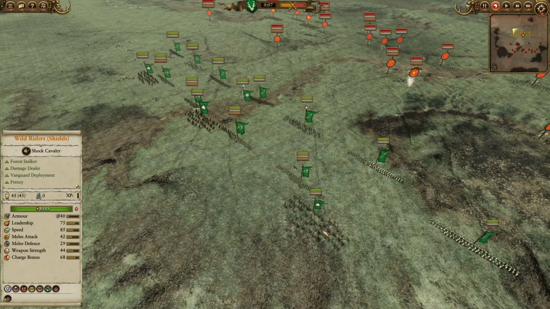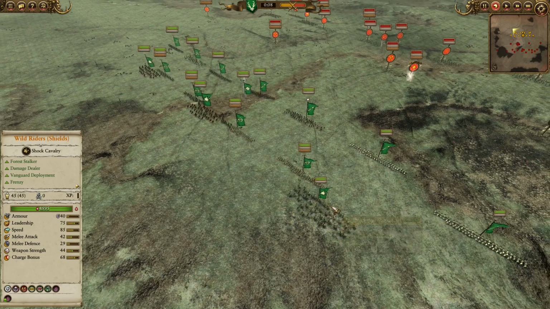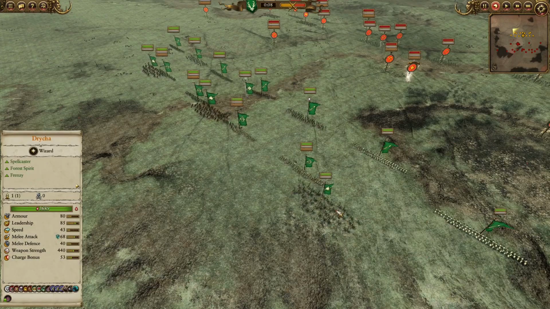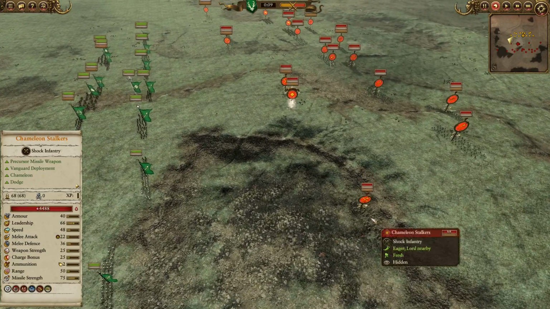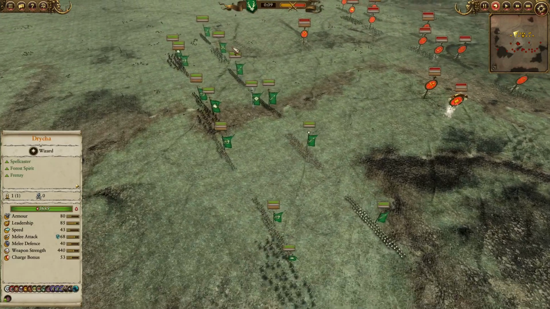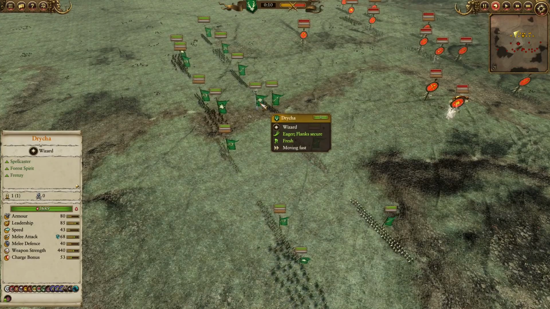These Reindeer Cavalry are probably the best light shock cav in the whole game. They're fast, they're aggressive, they have a massive charge bonus of 68, 42 melee attack combined with Frenzy. They will be able to dish out massive pain, especially if they can get their hands on these fragile, squishy Chameleon Stalkers. Now for the leadership, we have Drycha coming in with a Pendulum, Enfeebling Foe, as well as the